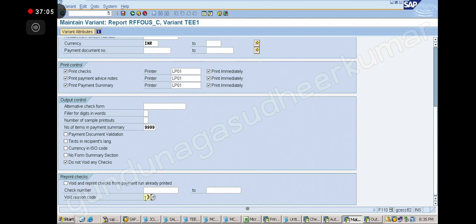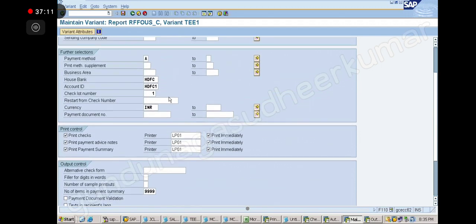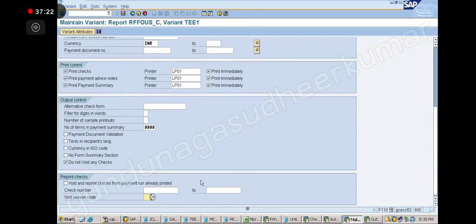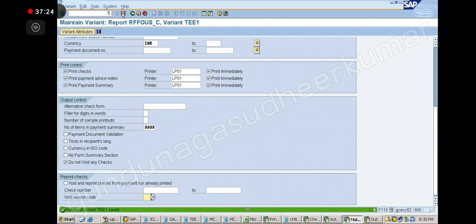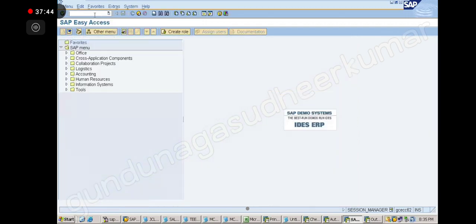If you want to change the check lot number, you can change. Then if you want the new check to be issued with another check lot, you can change. Now I do not have another check lot, so that's why I carried on with the same. But you can create a new check lot also. Is it clear? Yes, sir. So after you run the variant, you remove it, so that next run you can run properly, comfortably, for other things. You understood? Whenever you want to repeat, you can take this, change the variant, run it, and bring the variant back to normal. Then you can use it for the next run. Is it clear, everybody? Yes, sir.